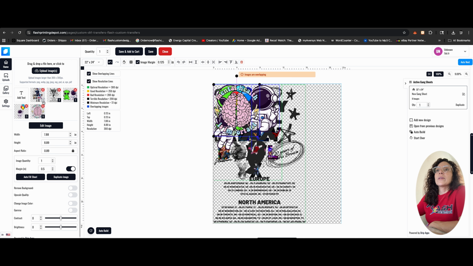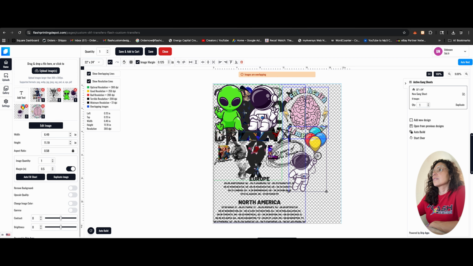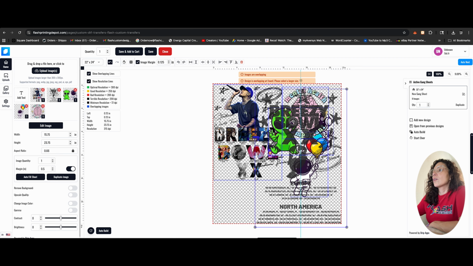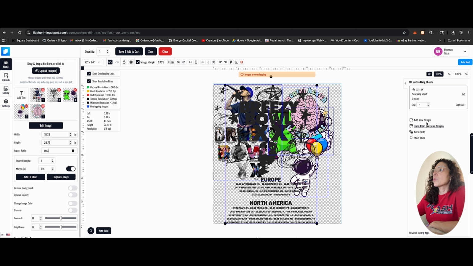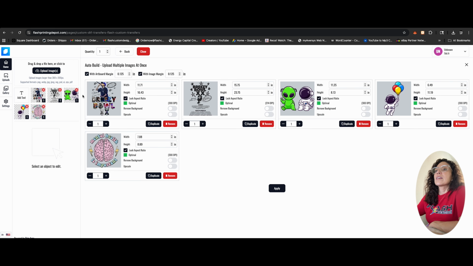So that one means there is one on the board. As you can see, they all imported at different sizes, they kind of just piled them all together. Let's go ahead and hit right here on the right, auto build. It's going to take us to this screen, and this is where you set the dimensions of your images. So this is what they imported as. So this image imported at